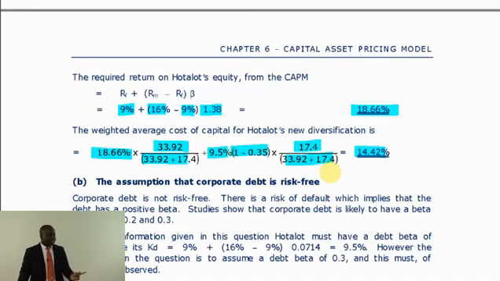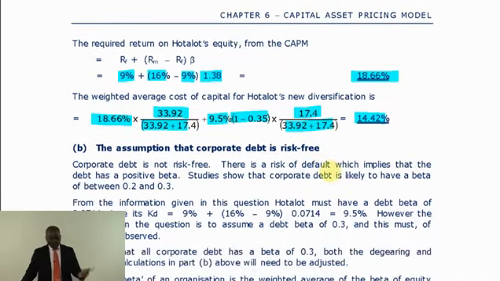Okay. Part B is asking us to come out with the argument on whether corporate debt is risk-free. We said Miller and Modigliani assume that debt is risk-free. So if debt is risk-free, debt beta is equal to 0. Okay? The argument here is that it is an assumption. We can't make that assumption in reality, no way. Because corporate debt is not risk-free. A company can go into liquidation. A company might default. Even in theory, we assume government securities are risk-free. There's no investment in this world which is risk-free, no way. Sometimes government might even default.